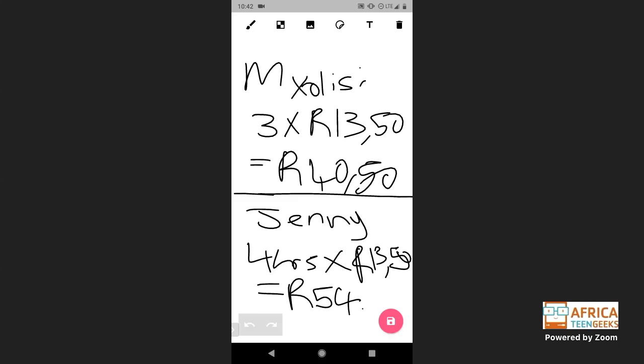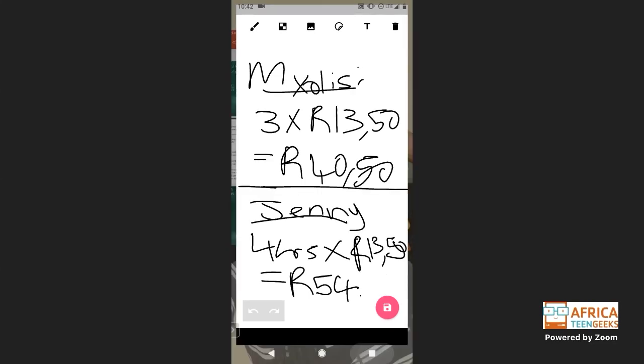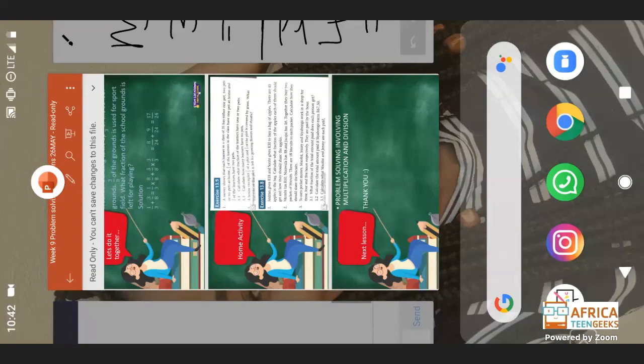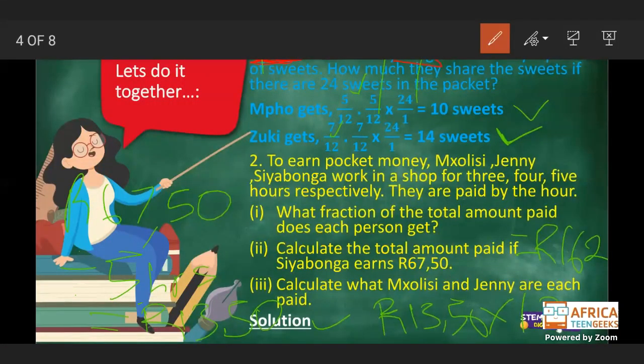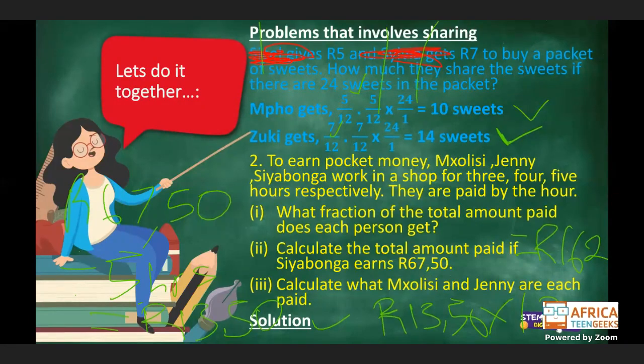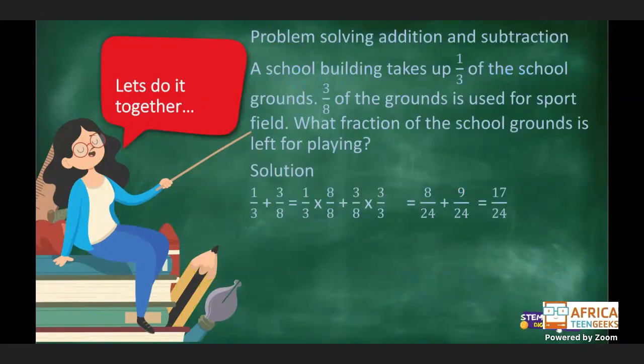So now we are done with Jenny and Mkolisi. Now, guys, we are done with number 1, 2, and 3. So let's move to the next question, the last one before we end our lesson. It's literally the last one, and when we are done with this one, we'll be good to go. Right. So they say problem solving, addition, and subtraction. The statement is a school building takes up